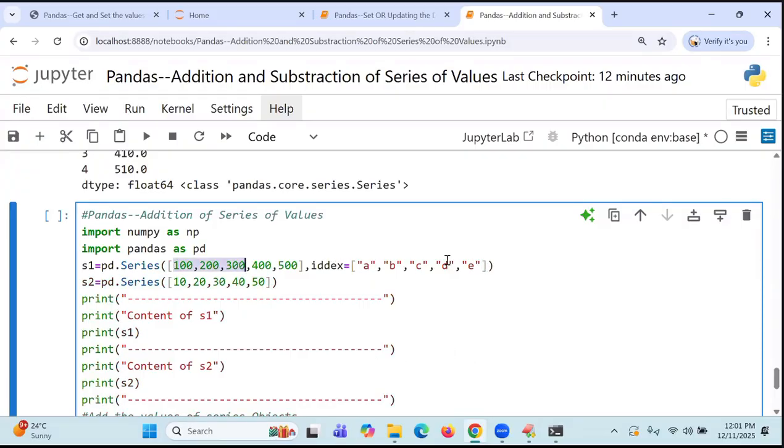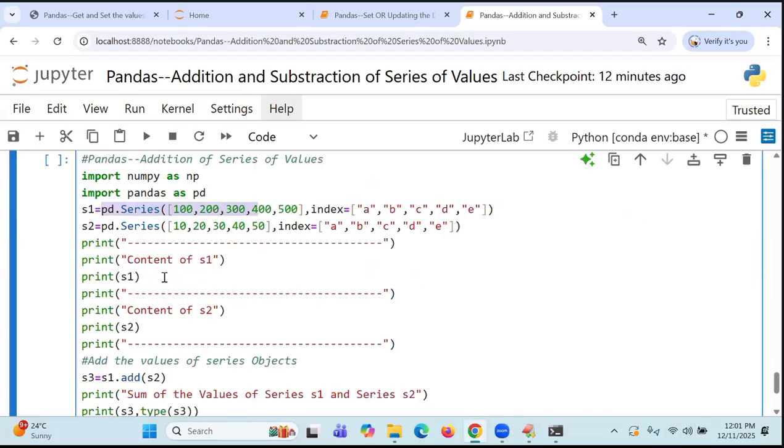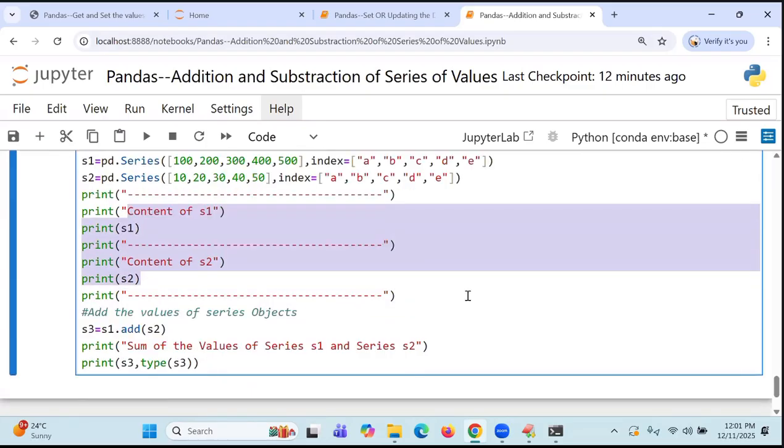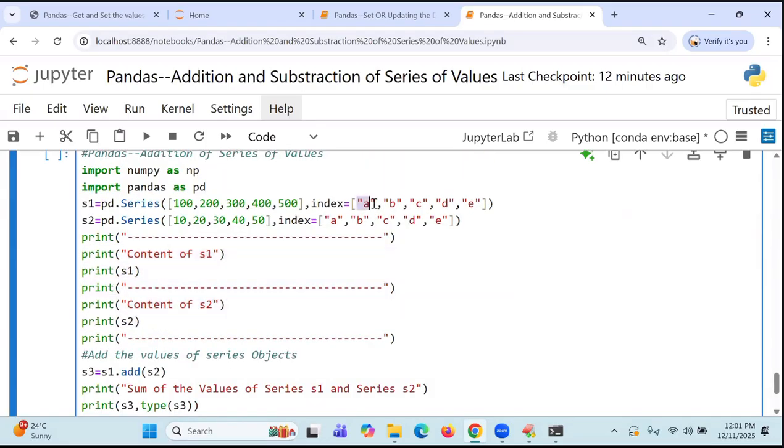So how many values are there? 5. How many here? 5. Here also I am taking the same values and the same index. Earlier the indices were 0 to 4. Here also A, B, C, D index. S1 and S2 both contain the same index. So what will happen? The A indexed value of S1 and the A indexed value of S2